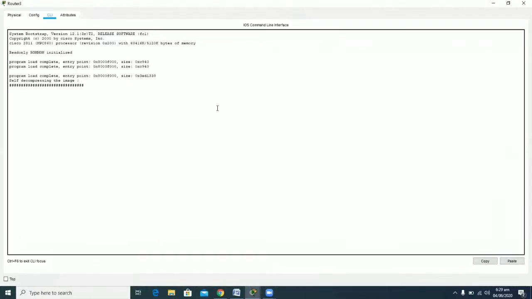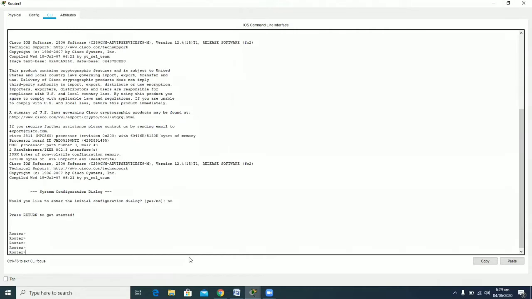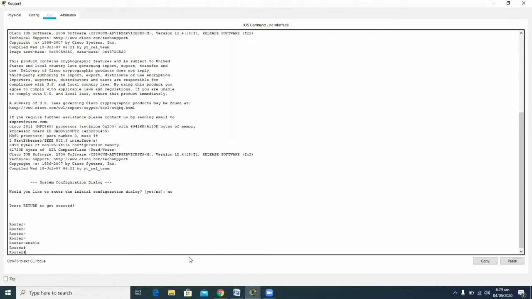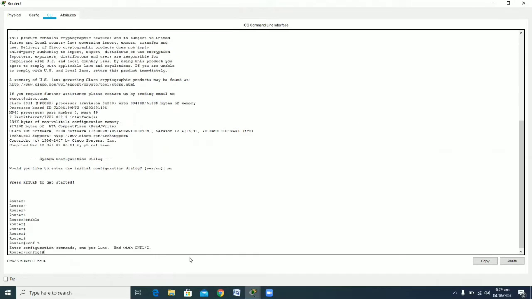Basically, the router is at present booting, and therefore we have to wait until the boot procedure is completed. Now the boot procedure is completed, and here, as I have told you in the previous labs, you have to type no, and now you are in the user mode of your router. Typing the enable command will let you into the enable or the privilege mode, and now I am entering into the global configuration mode by typing the command config terminal, or conf t simply.